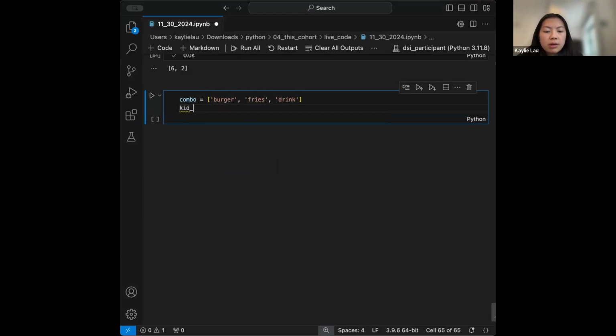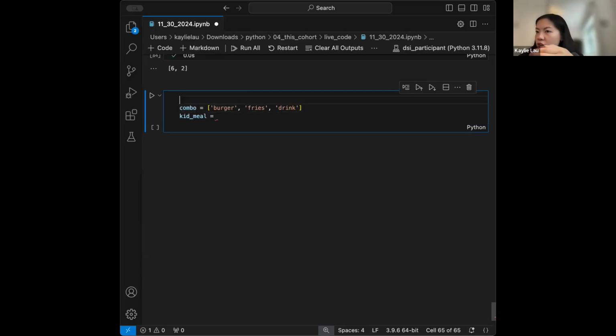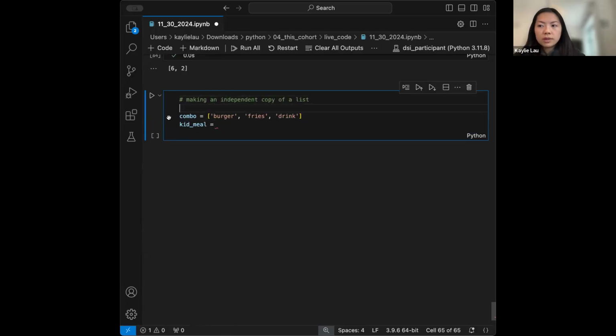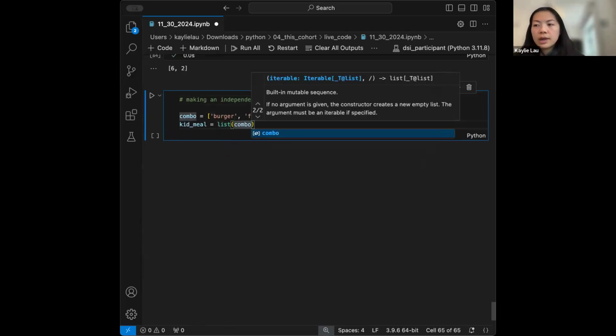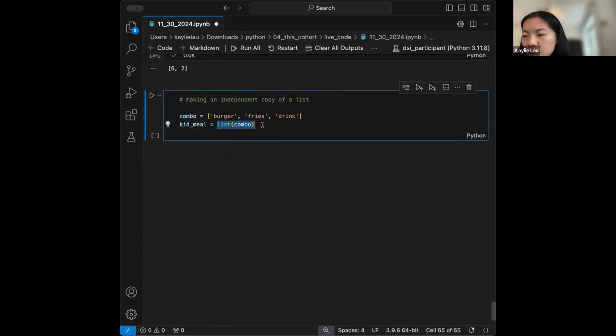Then I'm going to say kid meal. And let's say I want to create an independent copy. You noticed before how if Moniz changed her sandwich, I also had to change my sandwich. I don't want that to be the case here. I want to create an independent copy of that list. So if that's the case, you can use the list function, and the list function is going to take combo and create an independent copy